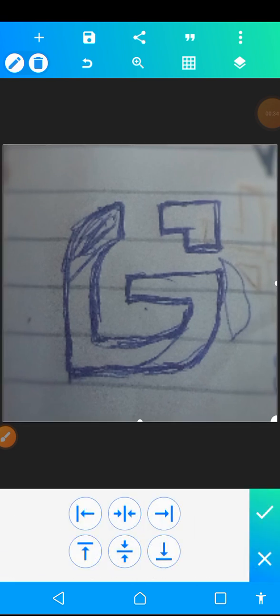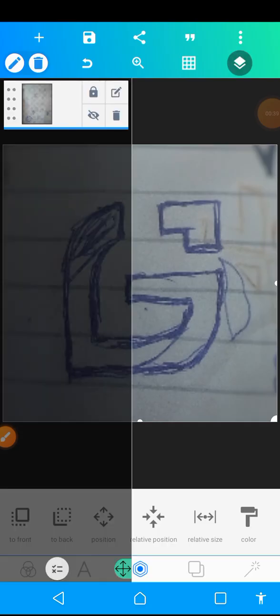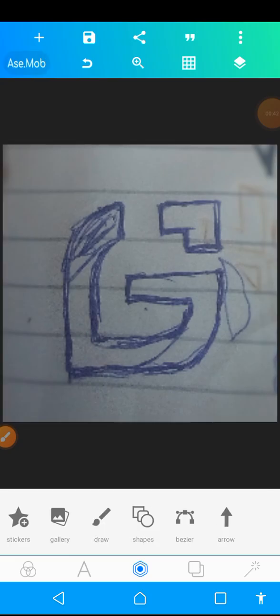Okay, so the first step. Before that, let me lock this. When working on a logo with Pixellab, the first thing is to bring out your ideas into a sketch. After you must have selected a particular one that you want to use, the next thing is to take a picture of it with your device and then use